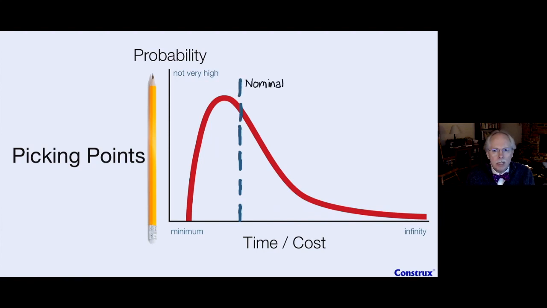The nominal point is a point that, if we pick that point on the curve and find where it intersects the curve, then we do some calculus of the area under the curve where we drew the line. We would find that 50% of the area is on here. So at this point we have about a 50% probability of being on or before this date, and a 50% probability of being after this date. So our nominal is the point on the curve where we're 50-50. We're equally likely to be before as after.